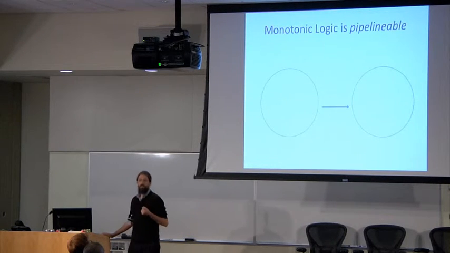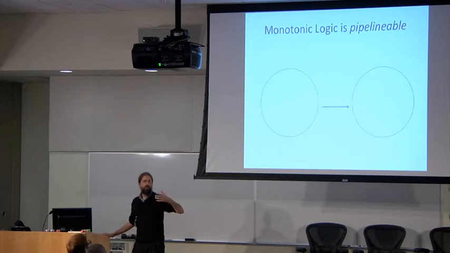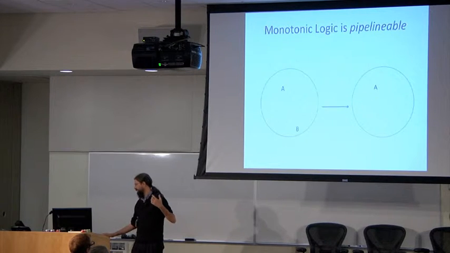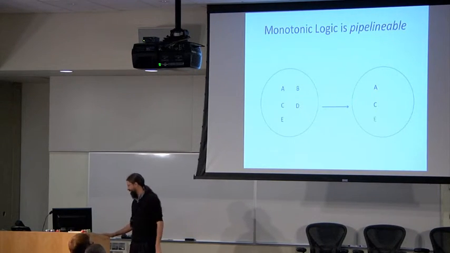Maybe more practically for a systems programmer, monotonic logic is pipelinable, which means you can act on conclusions as soon as they arrive, even if it means dispatching computation that you can't retract. Okay, so this is just a picture that shows these conclusions going somewhere and doing something outside my scope. That's totally safe,